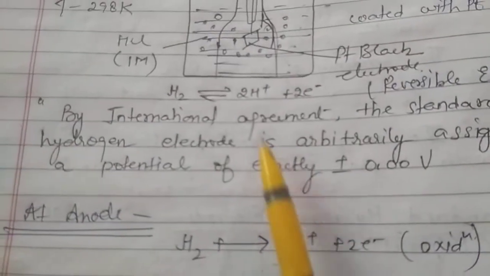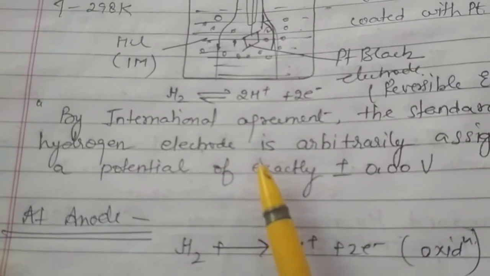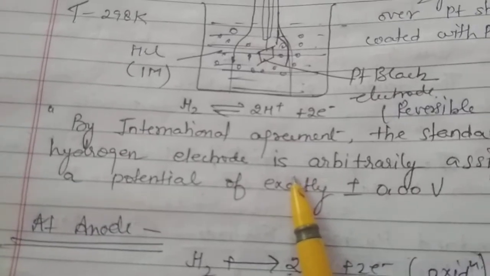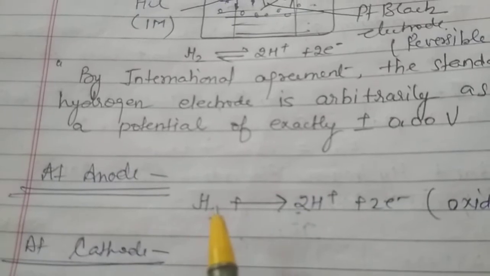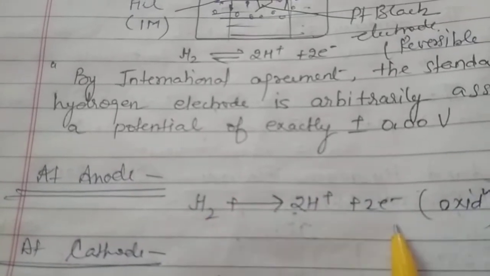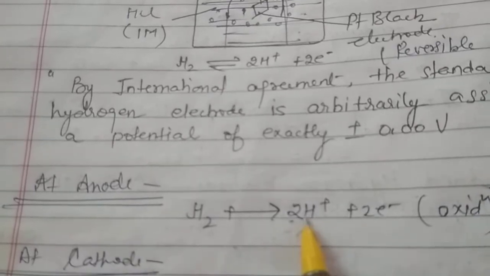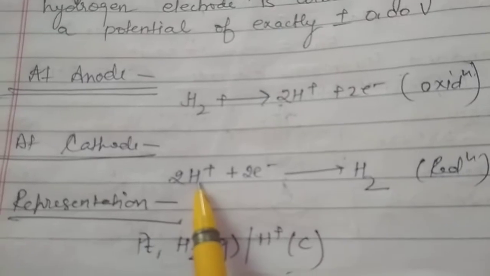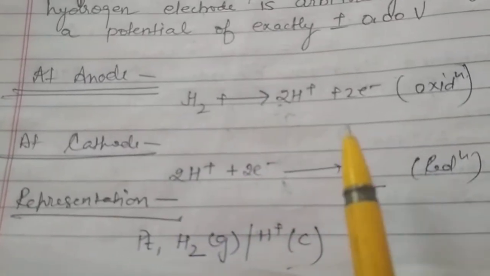So this reference electrode can work like a cathode as well as an anode. Means it can be oxidized as well as reduced. When it works like an anode, oxidation takes place. Hydrogen, after de-electronation, will move towards the solution in the form of H+ ion, and when it works like a cathode, the hydrogen ion from the solution is reduced to form hydrogen gas.